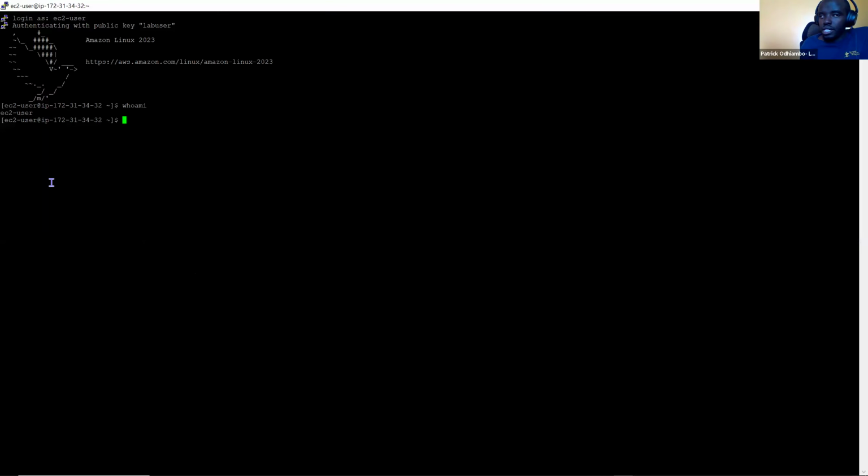Are you able to see my screen? If you can see my screen, thumbs up, please. Felix, no, we are not changing anything in terms of the lab VPC. Remember, I was just spinning this because I've not started doing a lab. I wanted a shell where I can show you these commands running. So whoami helps you to know the user.